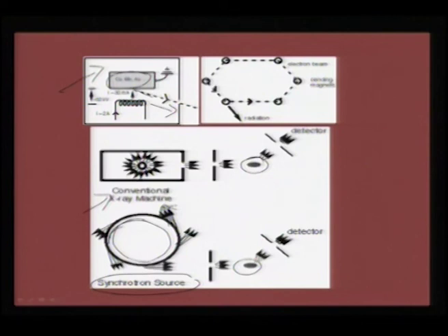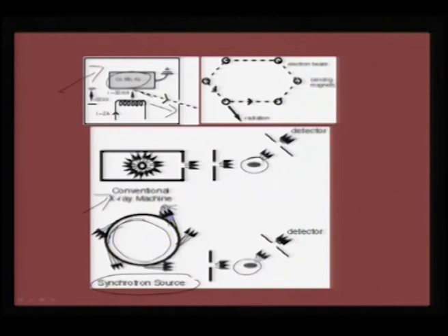Therefore, this is called a synchrotron, because in one space you can have many stations where you can collect the beam at different tangents. As a result, we can study many experiments in parallel from one synchrotron source. So, this is a very sophisticated